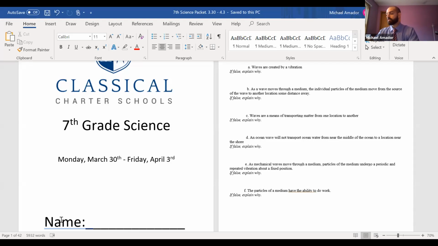Okay, so think about this. You used a water bottle example. So here I've got two glasses that were on my desk. If I'm doing work on the first mug, but then when the mug hits the glass, the mug is pushing the glass. So this mug then does work on this glass, and we're going to learn about that today. The answer to this is yes. The particles do have the ability to do work because it's like a chain reaction. One particle bumps into another particle, which moves that particle, and then that particle hits another particle. So it's a chain reaction where they do work on each other, and that's what allows the wave to move through the medium.